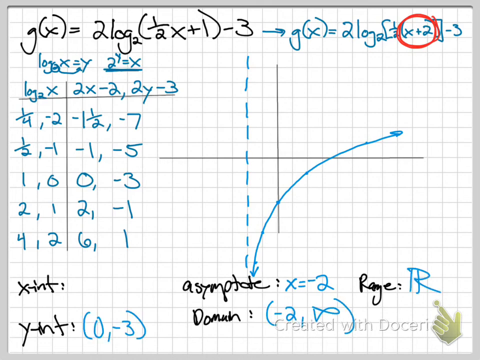Okay, there they are. Y-intercept was 0, negative 3. Asymptote we did together already. Domain from negative 2 with a parenthesis to infinity. Range is all real numbers. X-intercept will take some math. No matter what grade, no matter how complicated the equation, to find the x-intercept, it's always y equals 0 or equation equals 0. I'm going to use the